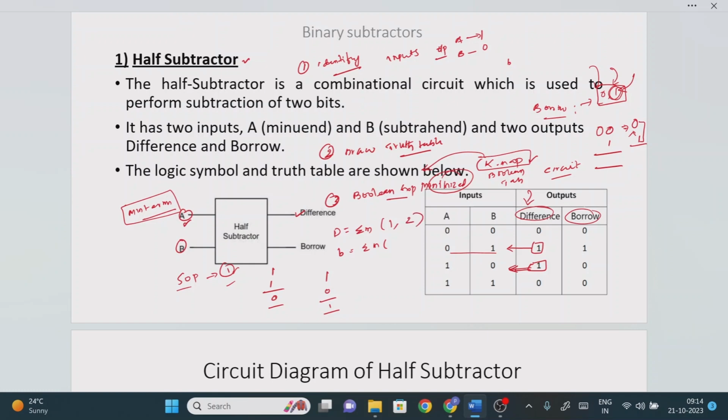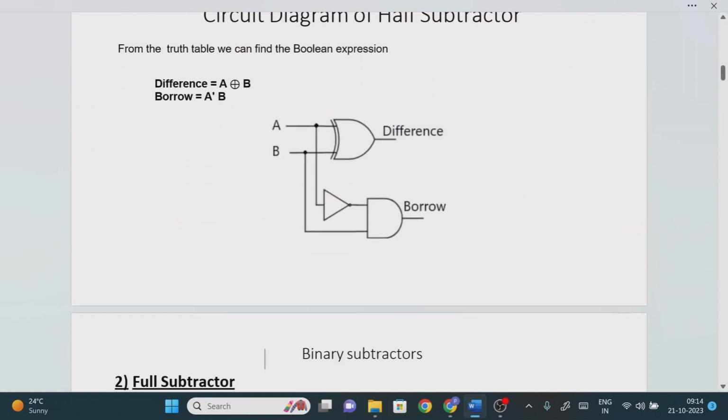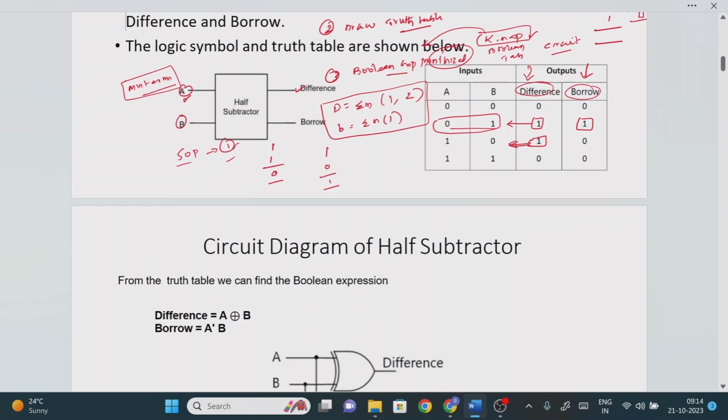The same way we need to find out the minterms for the borrow also, right? For borrow, here we have the SOP function, only this one, right? Now what is the input combination for this one? 0, 1, right? So after obtaining step 3, finding the minterms, we can plot this expression into the K-map representation, right? From the K-map representation, we are going to find out the minimized expression, right? Now if you observe, how many K-maps are required? Which variable K-map is required, right?